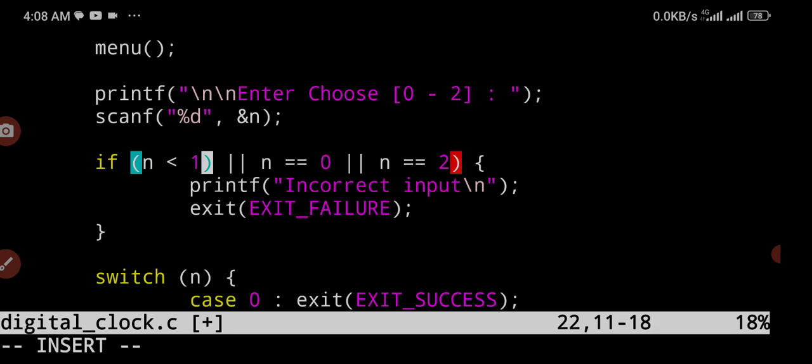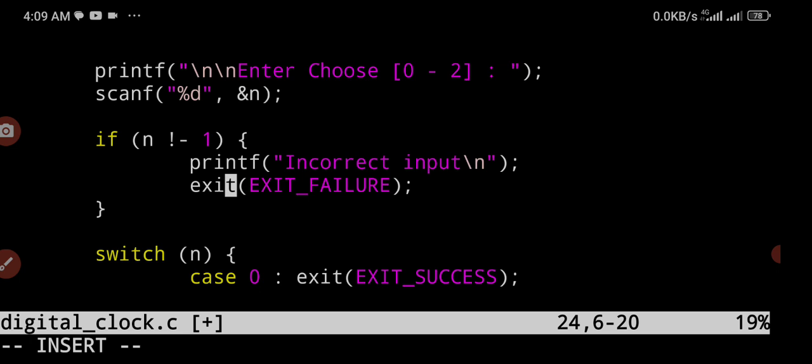So we are supposed to say if n is not equals to 1. So if n is not equals to 1, then we are entering this. So we close, we remove this. So we did our first condition test, and we come here again, we say